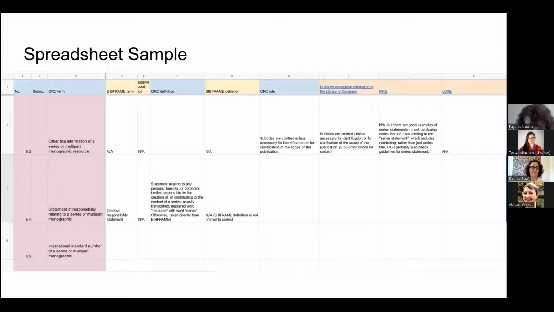I think in this case, we borrowed a rule that applies to serials and incorporated it into the rule for series and ORC. So if you get a chance to look at that a little closer, you'll see generally what our theory is.